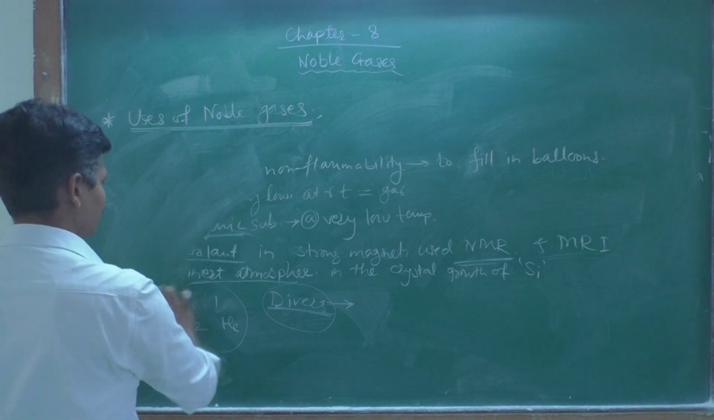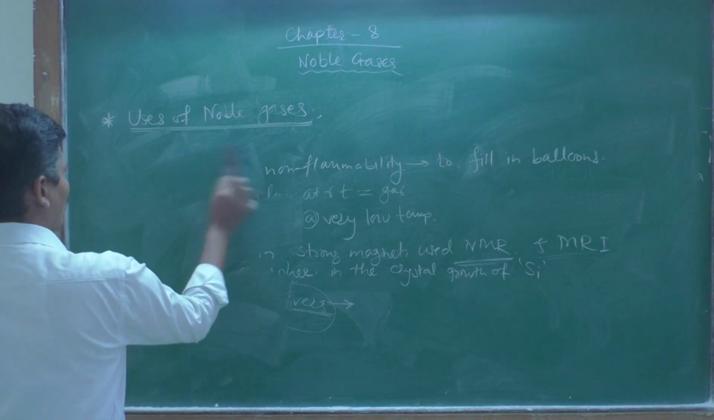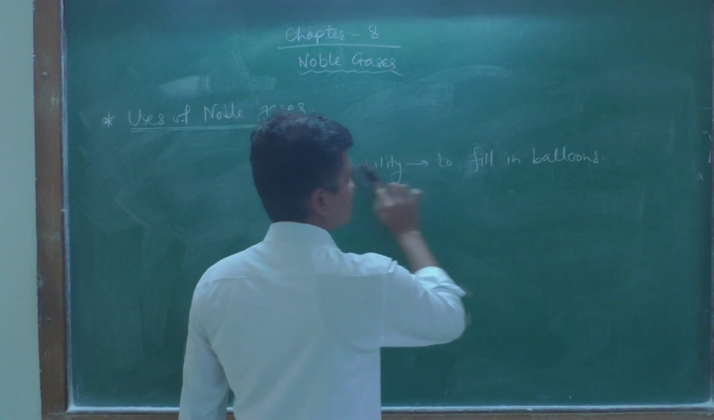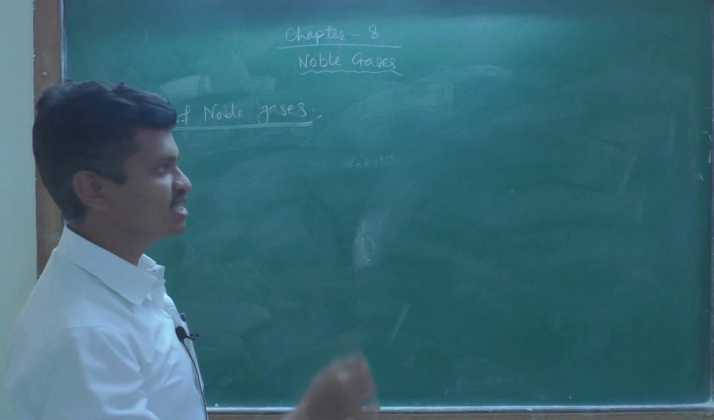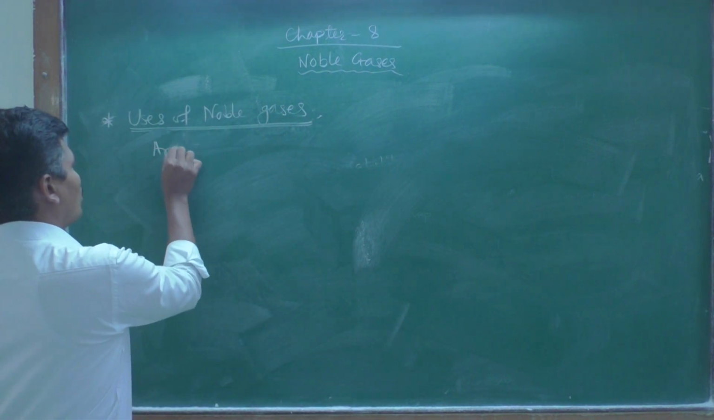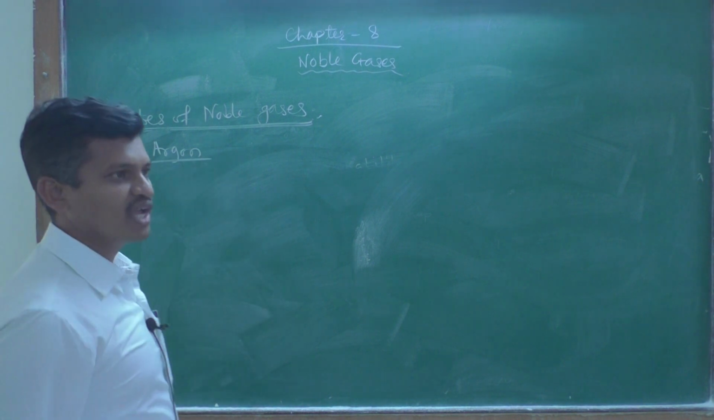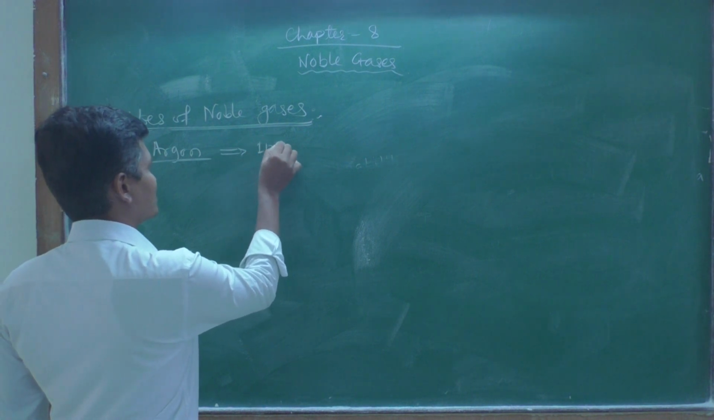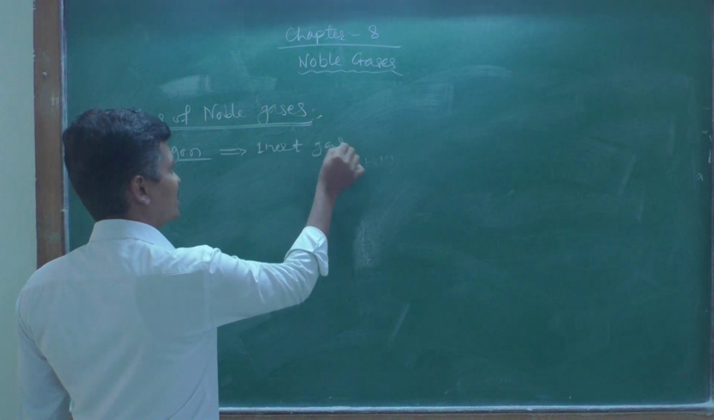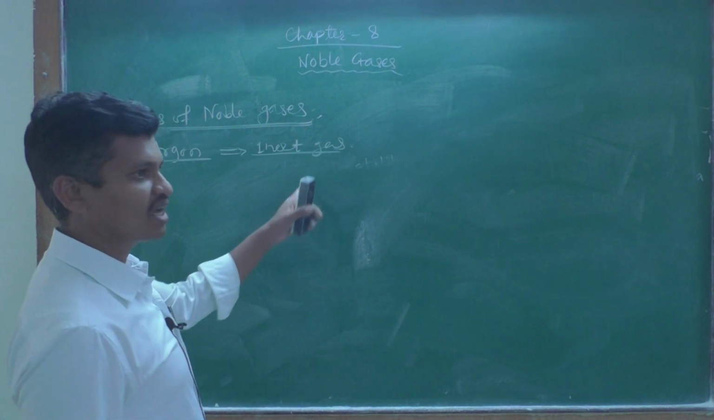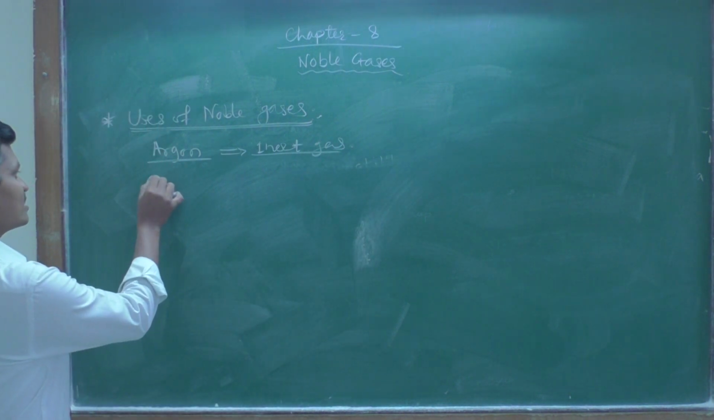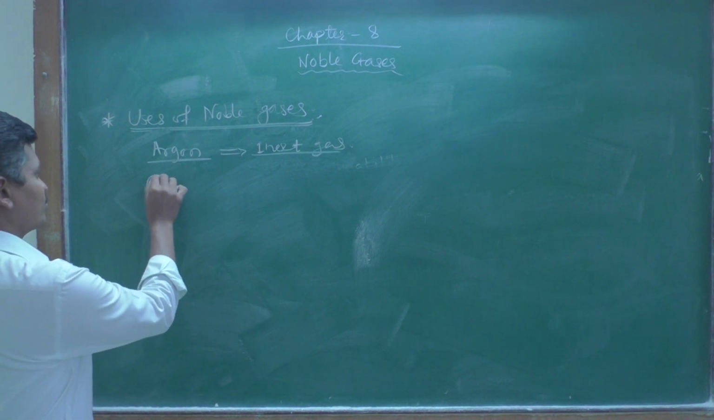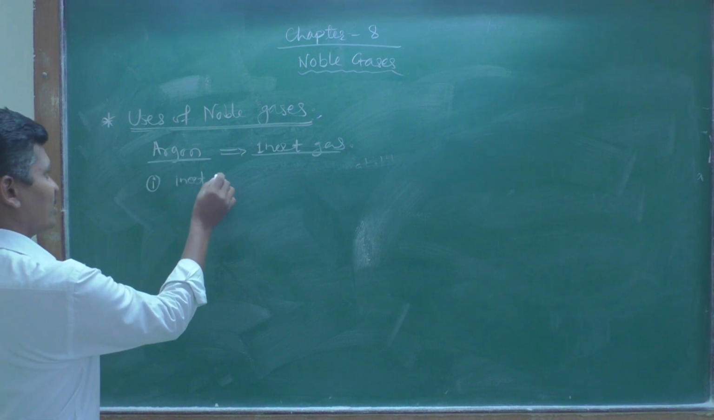Then argon. We know that argon is very inert. Out of all these 6 elements of group 18, argon has very little reactivity, and hence we call it an inert gas. Due to this inert property, it is used to provide an inert atmosphere